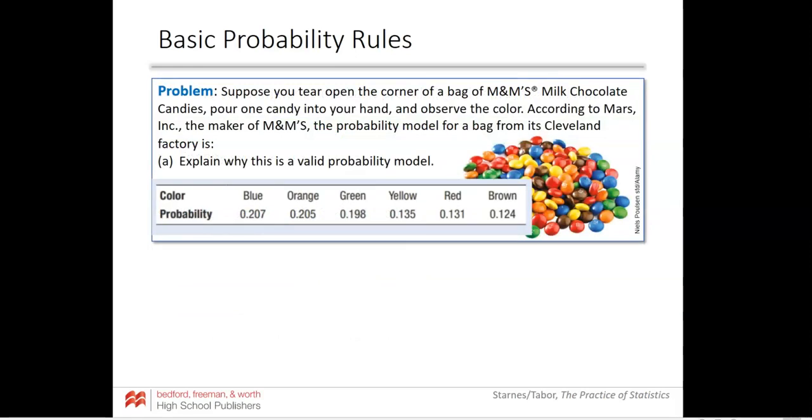Okay. Suppose you tear open a bag of M&Ms and observe the color. According to Mars, the probability model is this. You see this color probability model, so evidently blue is 20.7%, orange is 20.5%, slightly lower. Is this a valid probability model? So what you would need to do